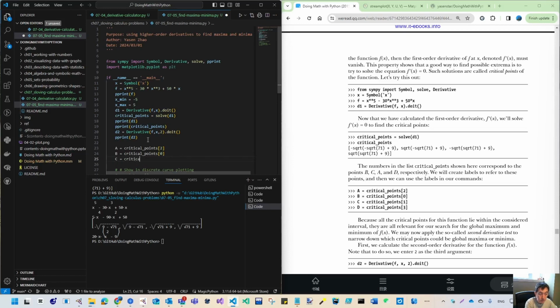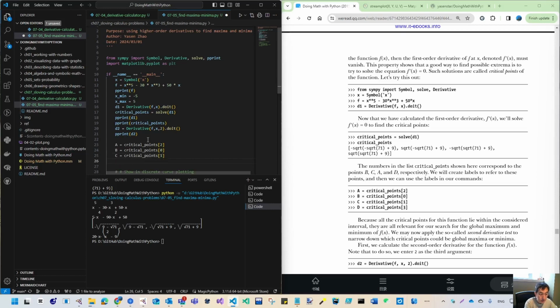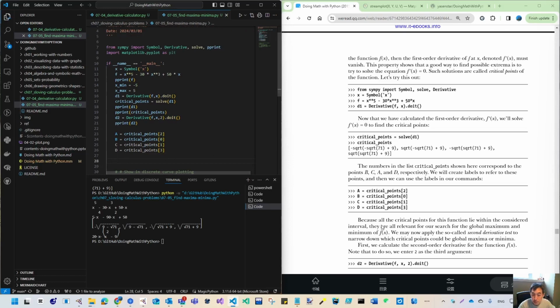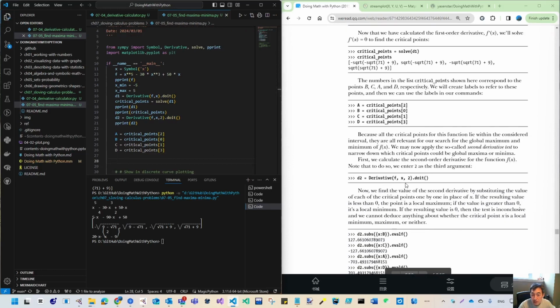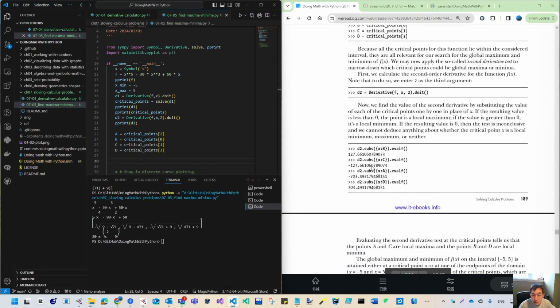C is critical points 1. D is critical points 3. Then we have these four symbols. We already have D2 here. Then let's use this to evaluate. So this is evaluating